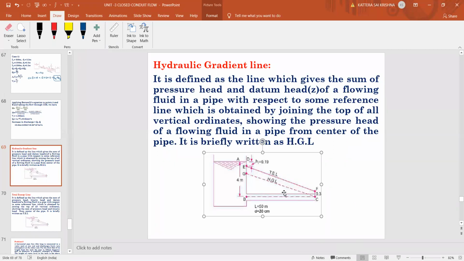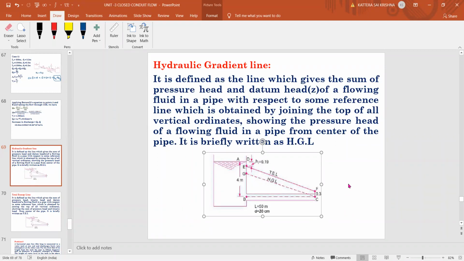Suppose you see at the middle of the pipe, the same thing, the loss will be a little bit because the pipe has only half of the friction loss. So that's why from E to here, it will drop. And if you go for the full pipe, it will drop up to F. So as the losses increase, the inclination of the line also will come down.